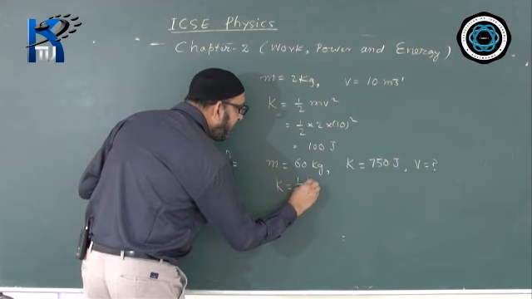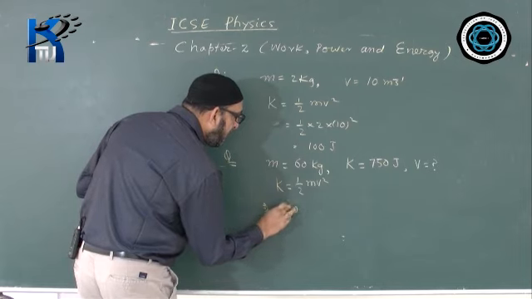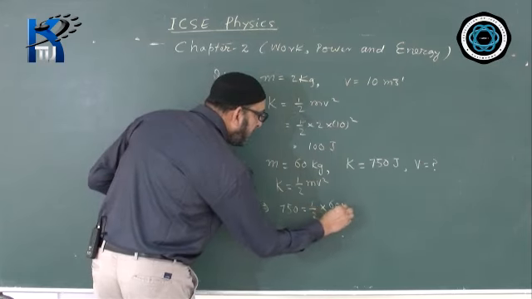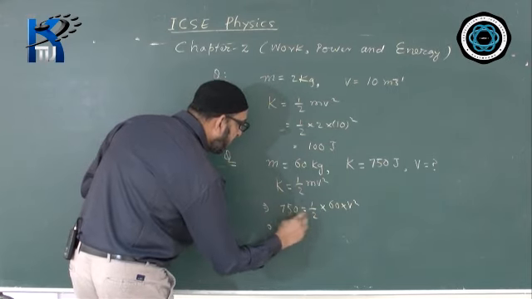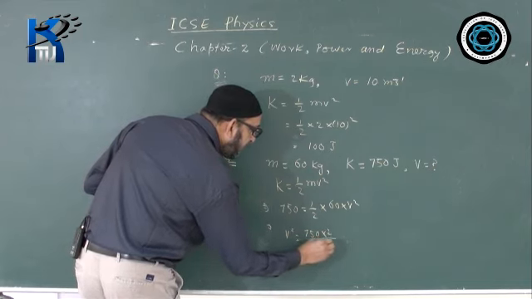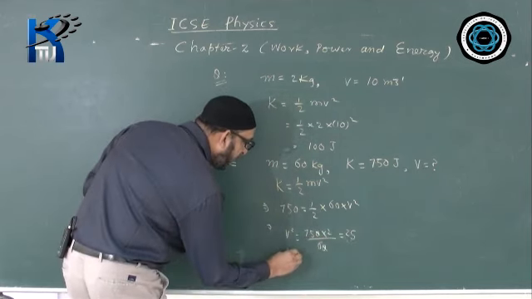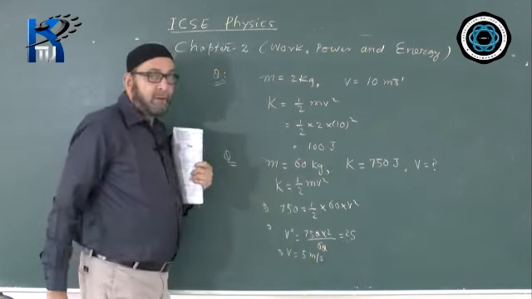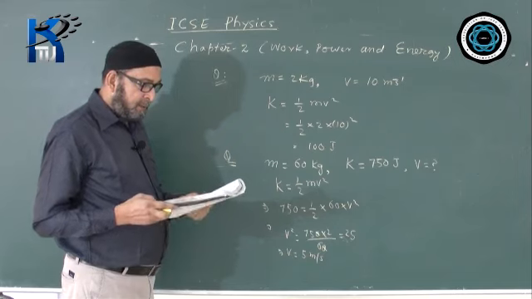So the formula is the same. Kinetic energy is equal to half mv squared. Kinetic energy value is 750 is equal to half, mass is 60, into v squared. Now we will calculate the answer. V squared will become 750 into 2 by 60. We will cancel. This is coming 25. Therefore v value will come 5. The unit we have to give is meter per second. So the velocity of the man must be 5 meter per second. So this problem is also solved.